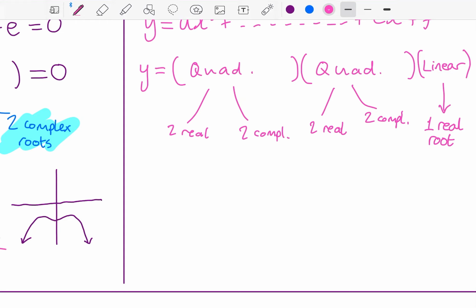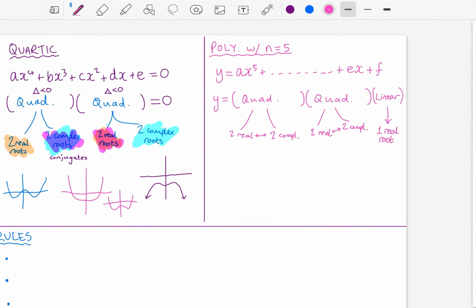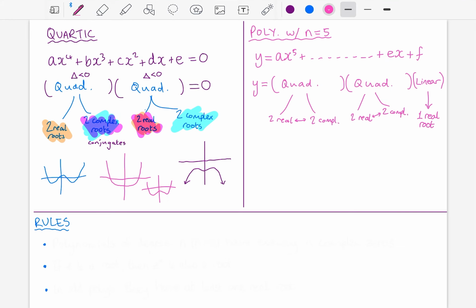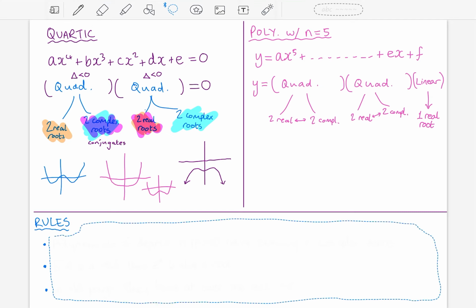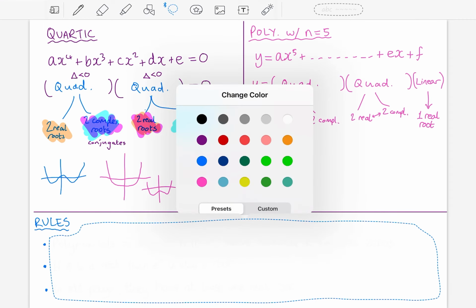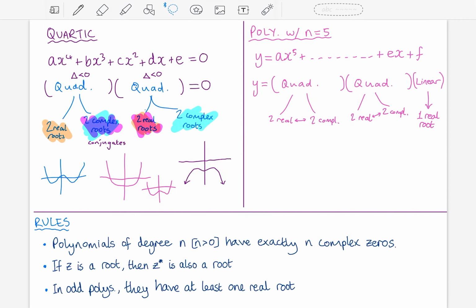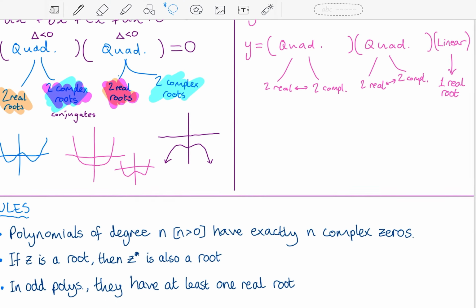And then again, you could have a combination of any of these options for the 2 quadratics. So it could just be 5 real roots. It could be 1 real root and 4 complex, or 3 real roots and 2 complex. Those would be our only options. So based on everything we had there and everything you would assume would happen if you just carried on that pattern for bigger and bigger degree polynomials,